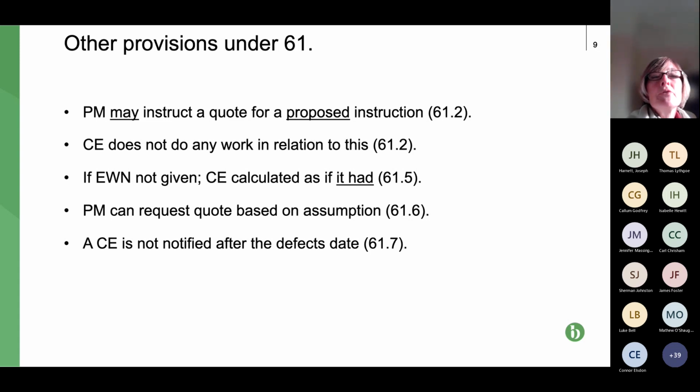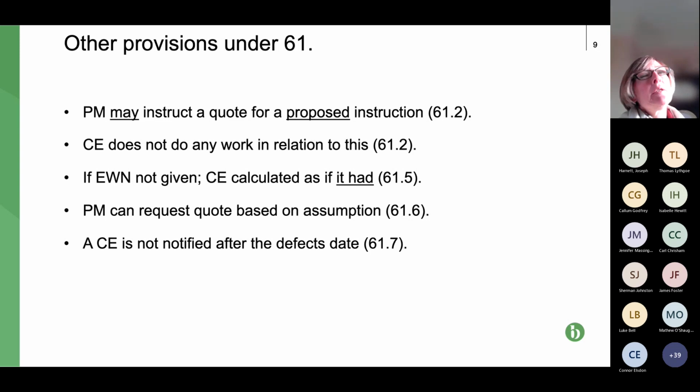So for example, if the contractor was just generally being slow, struggling with labour, and the completion dates were going to move out because of that, strictly speaking, contractors should be issuing an EWN in regard to that, as much as for issues that will possibly be compensation events.